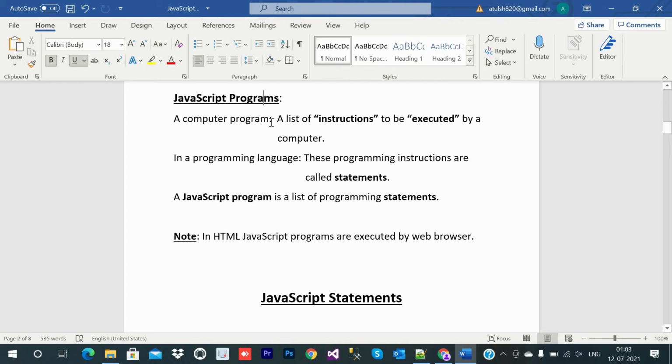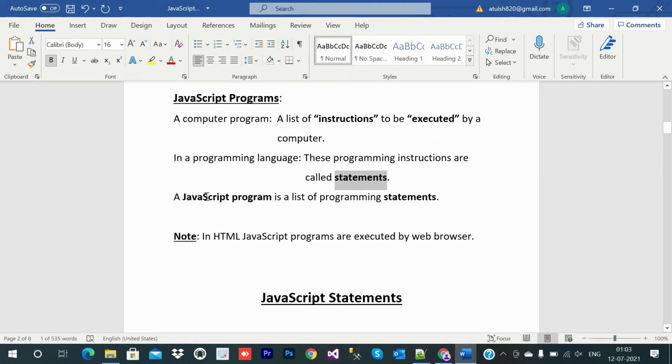So basically I am discussing a very general definition. What is a JavaScript program? What is a computer program? A list of instructions to be executed by the computer, like whatever instruction we give, and the program will do that. Similarly, in a programming language, these instructions we give are called statements.